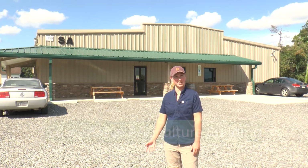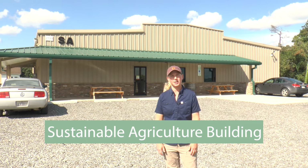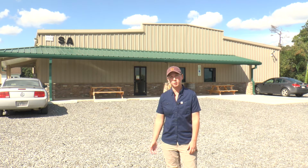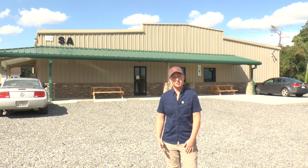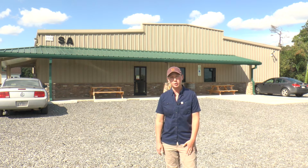Behind me is our sustainable agriculture building. That's a 5,000 square foot facility that has a shop, classroom, and hydroponics lab. This is where we host all of our horticulture classes and also our viticulture courses. And it's just steps away from our vineyard, which we're going to go to next and show you some of